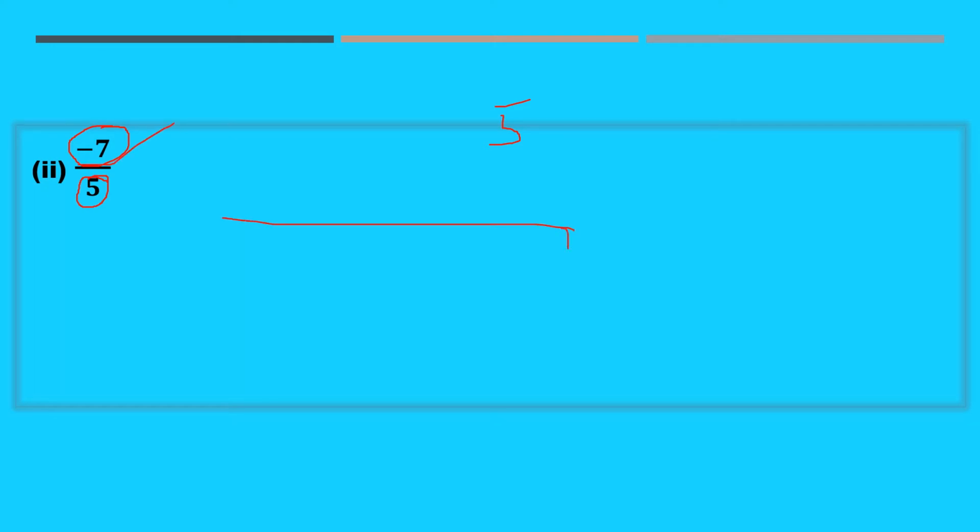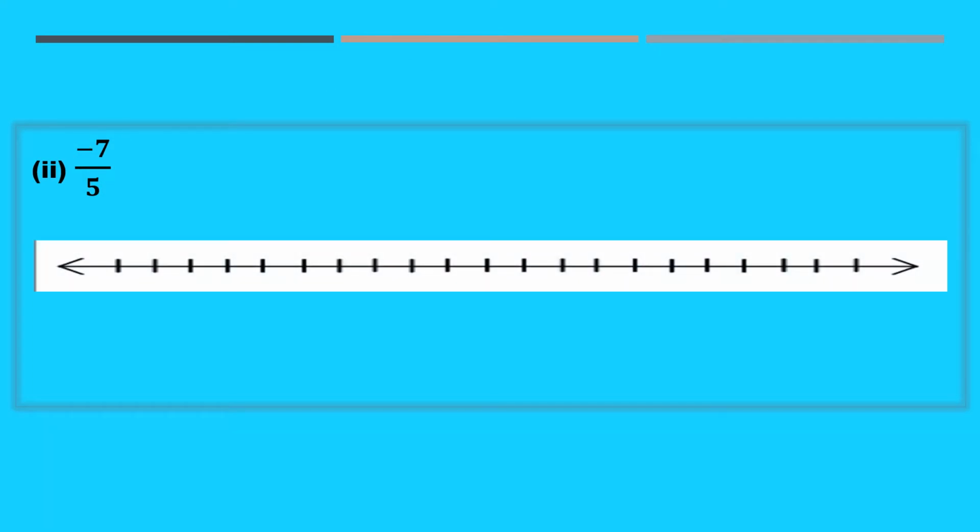Okay. So denominator is 5 to 7 means it is enough if you take till 8 or you can take till 10 also. Okay. So minus 1 by 5, minus 2 by 5. In that way you take. So this is your number line. We'll take on the left side only because negative values. So we can take only the negative values also. Minus 1 by 5, minus 2 by 5, minus 3 by 5, 4 by 5.